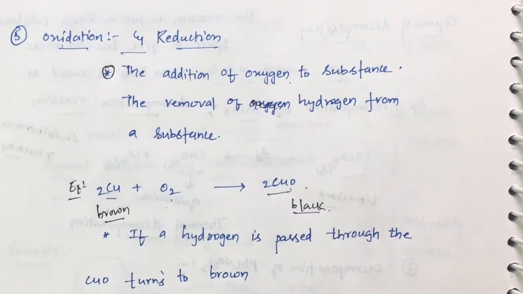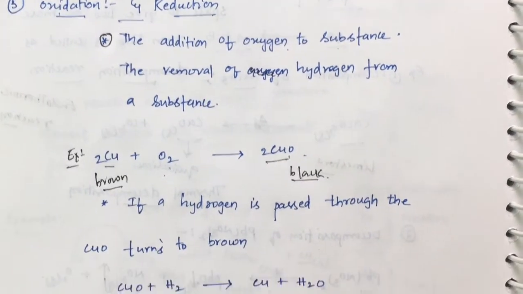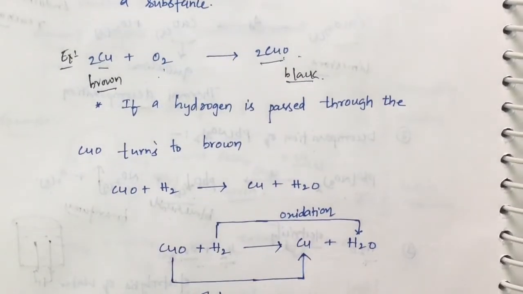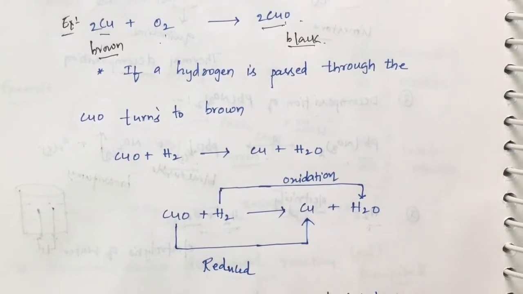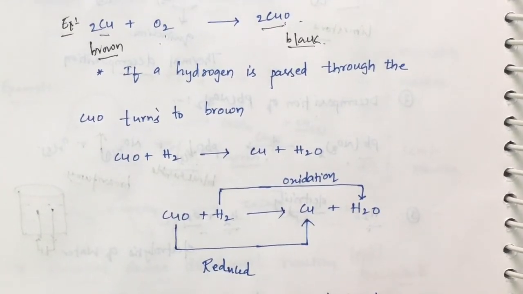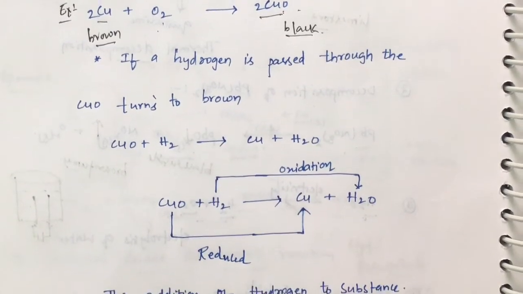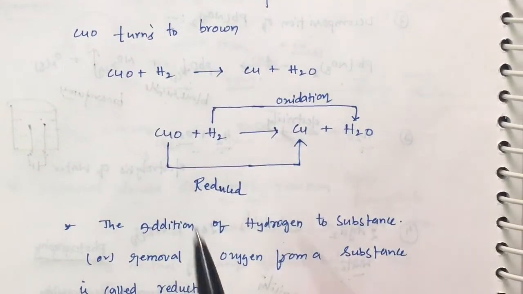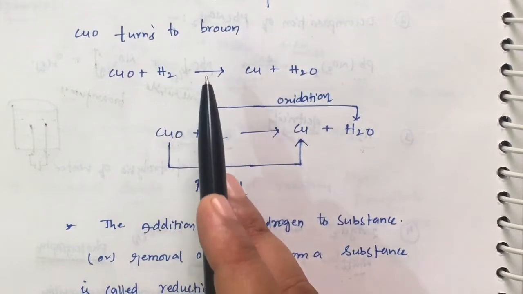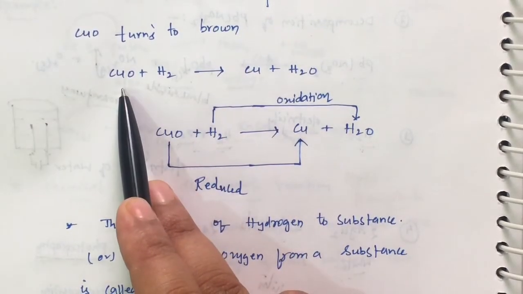So this is about oxidation. So then what is actually a reduction? Reduction is exactly the reverse of oxidation. What is reduction? Reduction is nothing but addition of hydrogen to a substance or removal of oxygen from a substance. In an example, you can very clearly see when hydrogen is added to the copper oxide,